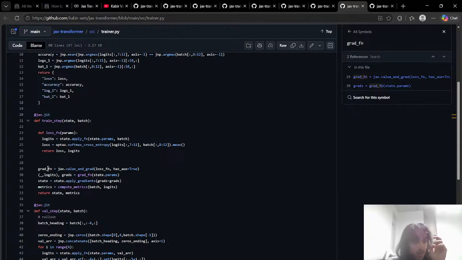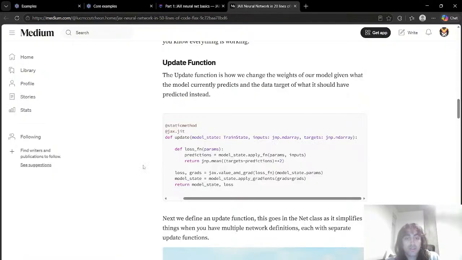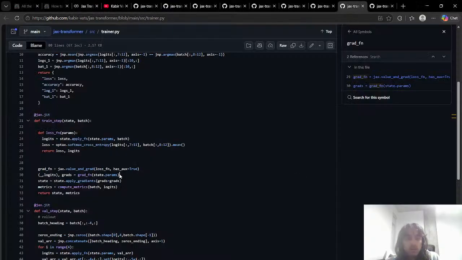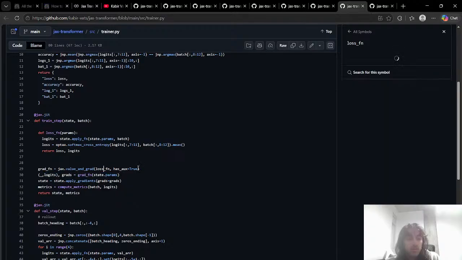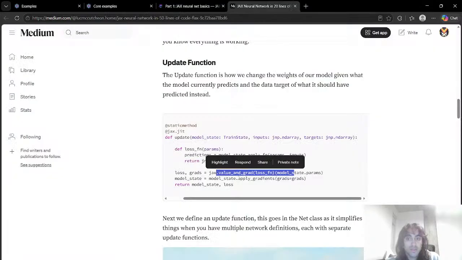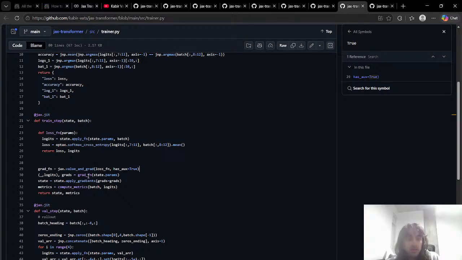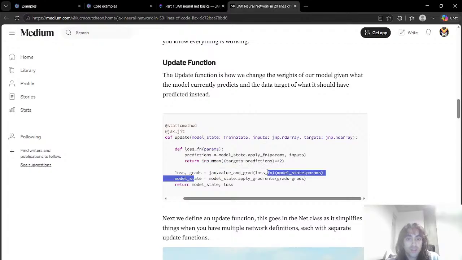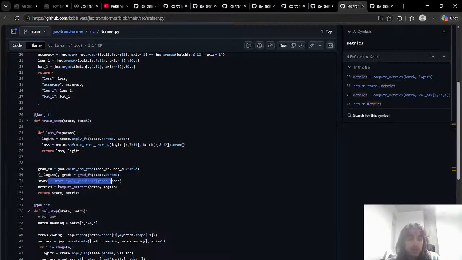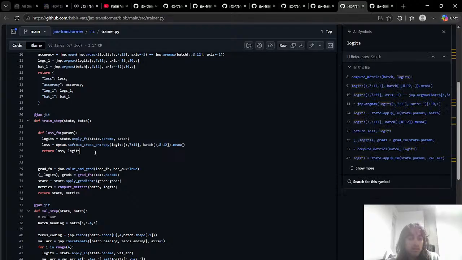Also, I copied that part directly from a guide. Gradient function equals value_and_grad of the loss function. Model state, perhaps. Yeah, state, perhaps. Model underscore state. Wait, they do value_and_grad of it, and I define the function with aux and I do it this way. I use state. State equals state.apply_gradients, grads. And I compute some metrics. This should not be the issue. It could be part of the issue. Okay, so the only weird thing is that I'm using state.params here instead of params, but it shouldn't matter because